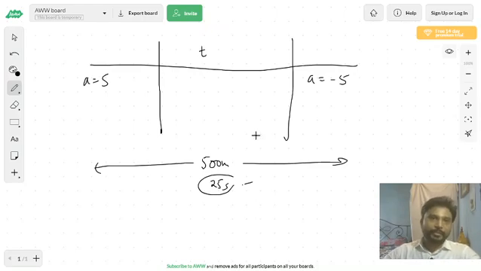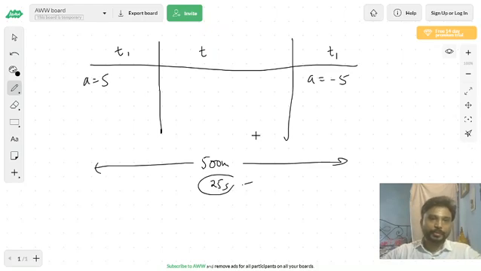Let's say the time taken by the particle to reach the maximum velocity is t1. So this time would also be t1. This we know from the previous question. If the rate of deceleration was half of the rate of acceleration, then it took twice as much time to stop from the highest velocity. Now here the rate of acceleration and deceleration are the same, so it would take the same time to go from 0 to maximum velocity as to go from maximum velocity to 0.